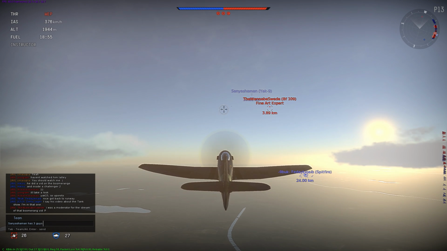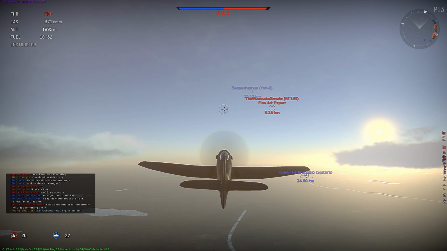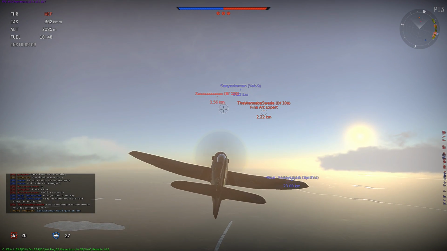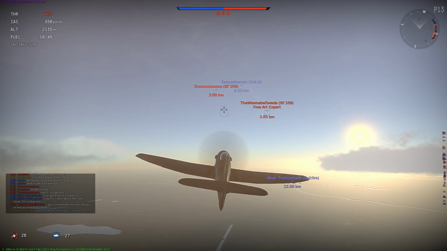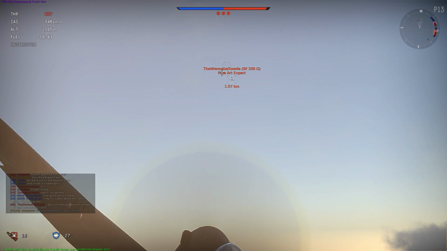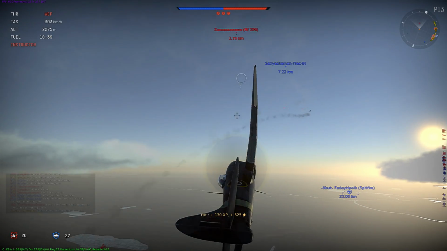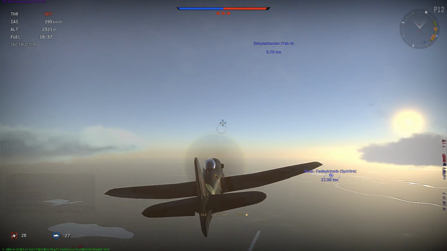So, looking up here at Sonya Shaman, I see the one guy, the wannabe Swede, and then I saw 2 dots behind him, and so I was just like, okay, there's 3 guys on this guy. So I told my team that, and I'm coming over here to help him, and this 109, I guess it was,